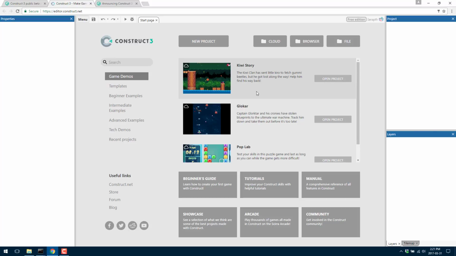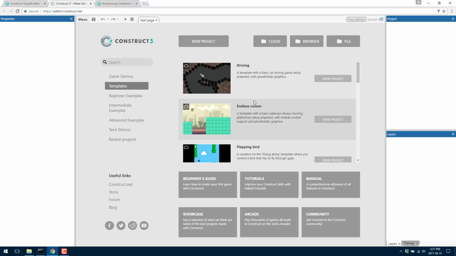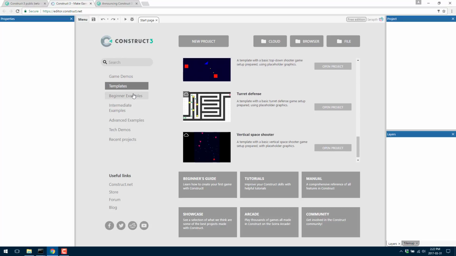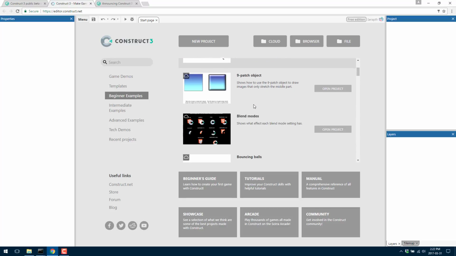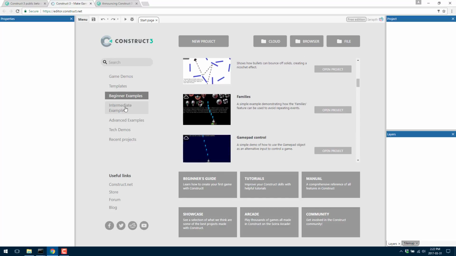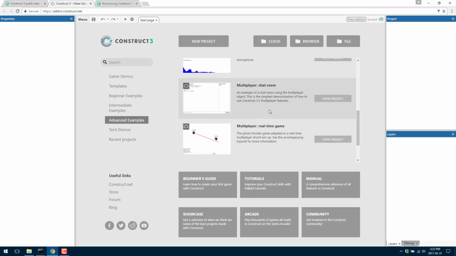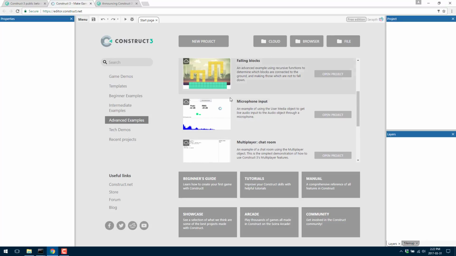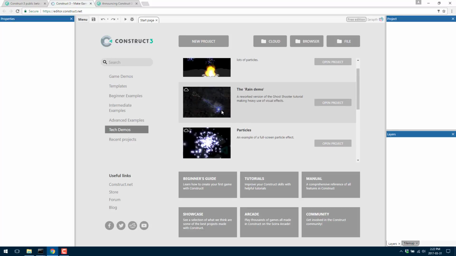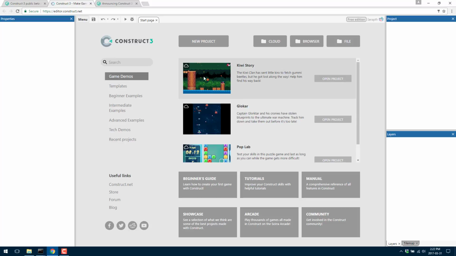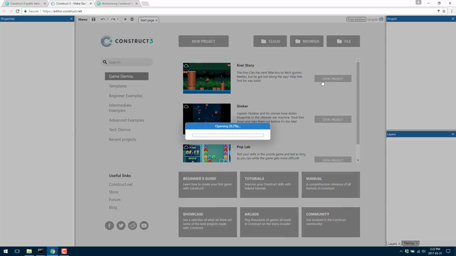Now, you'll see here there's a number of game demos that you can start with. Well, there's 3, but there's also a number of templates. I don't know what the difference between a template and a game demo is, because they're basically the same thing. And then they've got beginner examples, which are, again, kind of the same thing. Intermediate examples, advanced examples. So you see falling blocks. It's basically another game. You can see there's tech demos, and we'll go back to the game demos. We'll show you just one of their more elaborate examples. So for example, Kiwi Story, we'll go ahead and just open that project up,